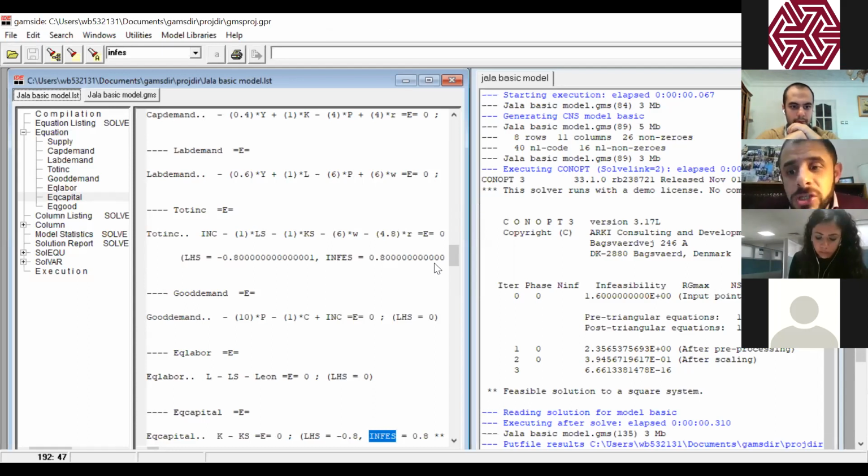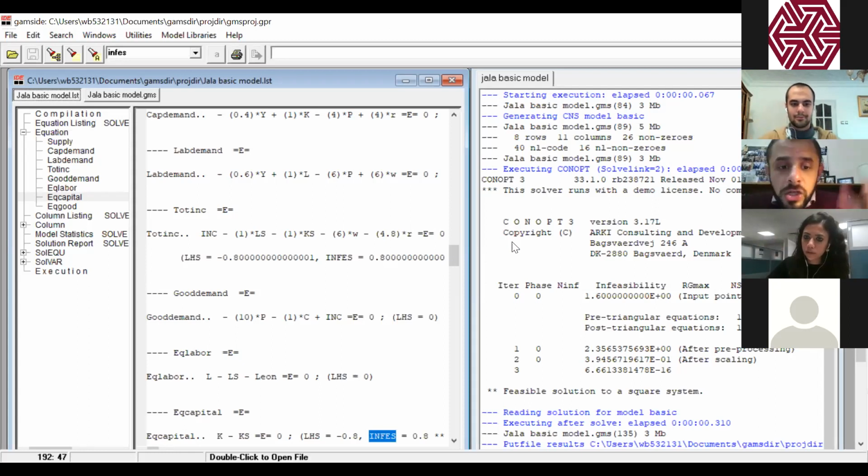So whenever we have the capital supply in an equation, we must have an infeasibility. So it's normal to have an infeasibility in the pre-triangular, meaning before we search for a new equilibrium. But once we're searching for a new equilibrium, we must have zero infeasibility. And that's what we have in the third iteration here. Okay. So why is it still showing in the listing if it already found? No, because here that's the initial solving of the model.